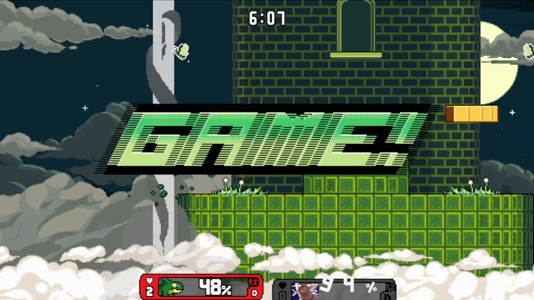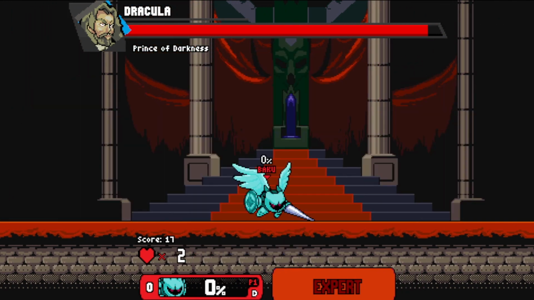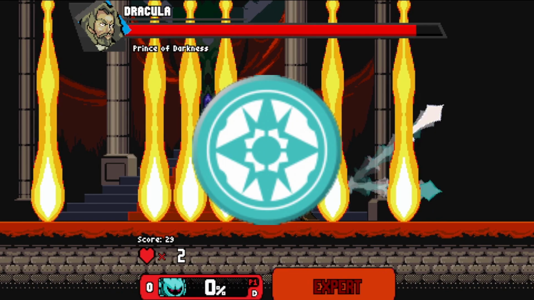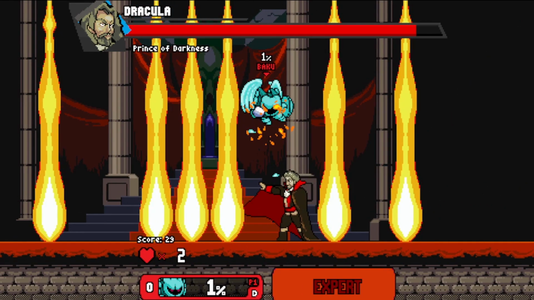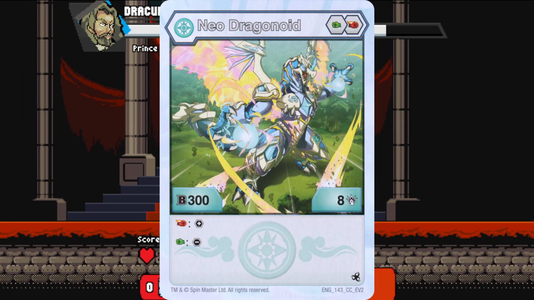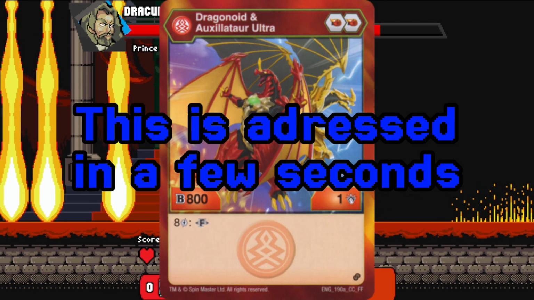And what factions are commonly used in these decks? Pyrus and Darkus, mainly due to Dark Rage requiring both factions. You also had other attribute options, but in this video, I'm going over Chaos because of the good card pool. Darkus Ultra Batrix and Evolutions is a good option for carrying 2 magic shields for higher B power. Chaos Neo Dragonoid can reach 20 damage on its own, and Pyrus Platinum Sectonoid has high B power and 2